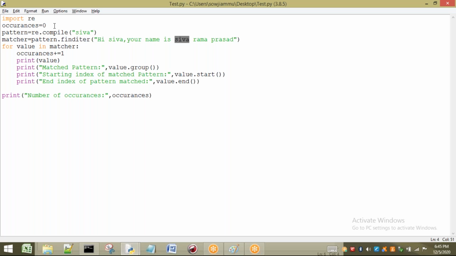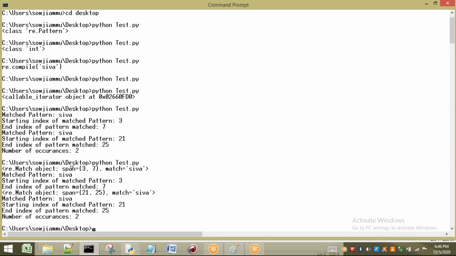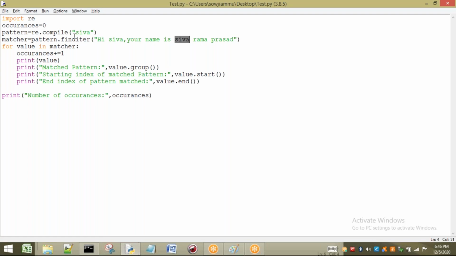So it is going to return matcher objects. Matcher now has 2 match objects. The first object's span is 3 comma 7. The second object's span is 21 comma 25. And both match Shiva and Shiva only. Okay, right. 2 objects are present in our matcher. So the first object will be sent to this value, and as this is executing the first time, occurrence will be